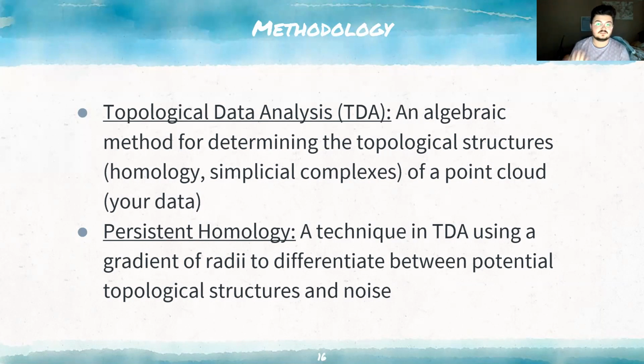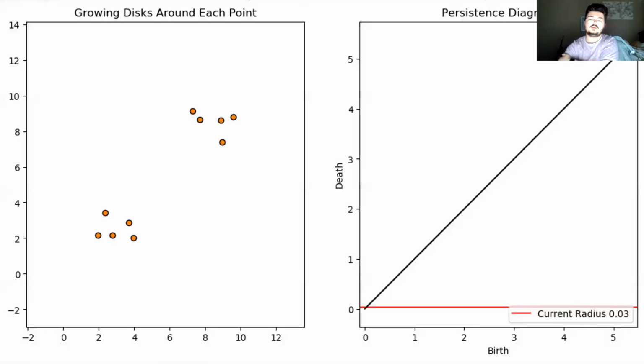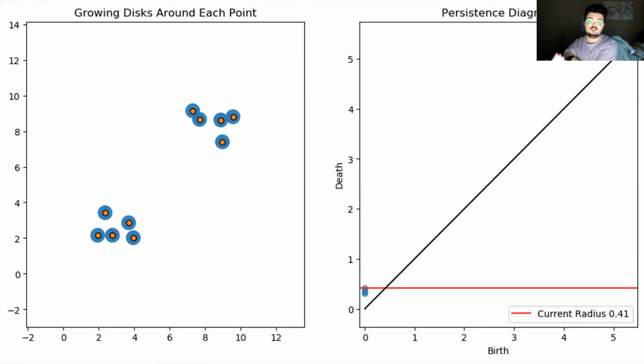Topological data analysis has a specific method inside it called persistent homology. And that's a technique in topological data analysis that uses a gradient of radii. And from that radii, we can differentiate between what may be a potential topological structure, such as a simplicial complex, and what is just noise. Like if there's a lot of connections and it's just by a small increase, it may not be an influential structure. To visualize that even more, I have a GIF of a persistence diagram on the right,